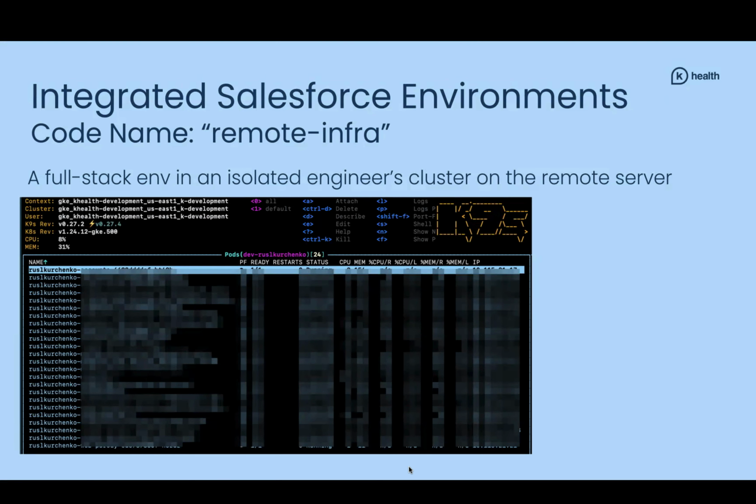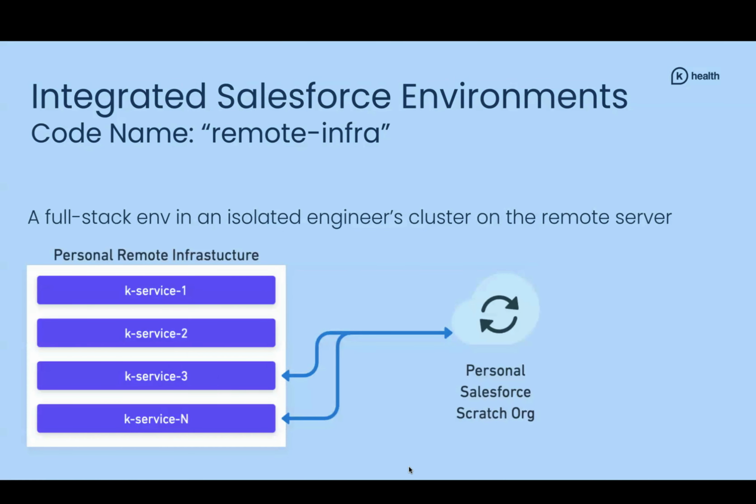So we were able to connect these scratch org pools into this idea of a personal Kubernetes environment, and connected them automatically using GitLab pipelines and some scripting. So you can imagine that we have some services, and only some of them are integrated with Salesforce. So you need to understand how you can connect them together, how they are integrated, so that the cluster, the full stack services, can be configured to talk to the specific org that you just pulled, and the org can talk back, right?